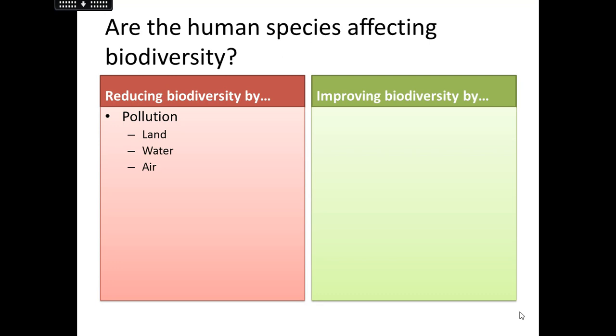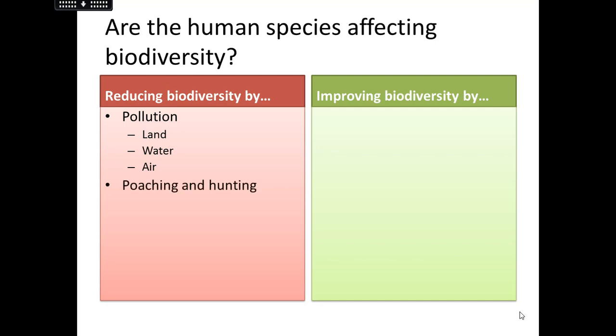So air pollution by burning those fossil fuels, releasing sulfur dioxide, we're releasing acid, it's dissolving in the rain, and then we're having acid rain. Water pollution with our sewage, all that sort of stuff. Land pollution, our rubbish, plastic, building, lots of issues in terms of pollution that we are doing to cause this reduction in biodiversity. So land in particular, we can be talking about buildings and how that might destroy habitats, but also how it can be affecting the cycles as well.